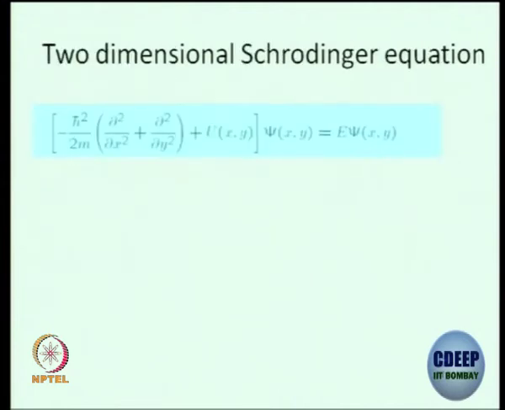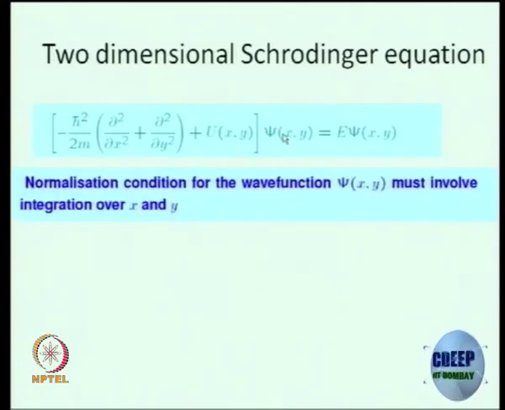So, the 2-dimensional Schrodinger equation is again time independent. You earlier had only a del squared by del x squared in particle in a 1-dimensional box. You will also have a del squared by del y squared term. So, that is the first step, and psi will be a function of both x and y. And the normalization condition will involve not just integration over x, you should also do an integration over y, right. It is now a 2-dimensional problem,